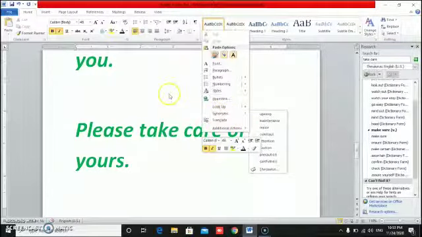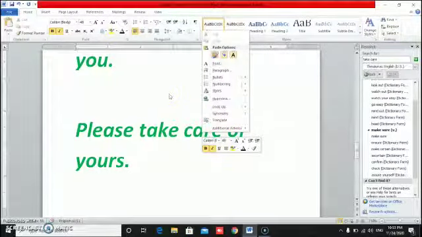Okay, so that's all for today. We have learned how to open Microsoft Word and what is word processing. Word processing means changing, editing, copying, pasting. All these actions which are performed on the text are known as word processing, and it has been developed by Microsoft company. That's why it is known as Microsoft Word.